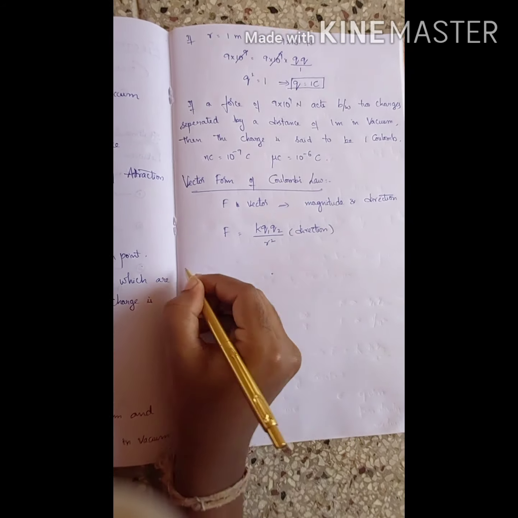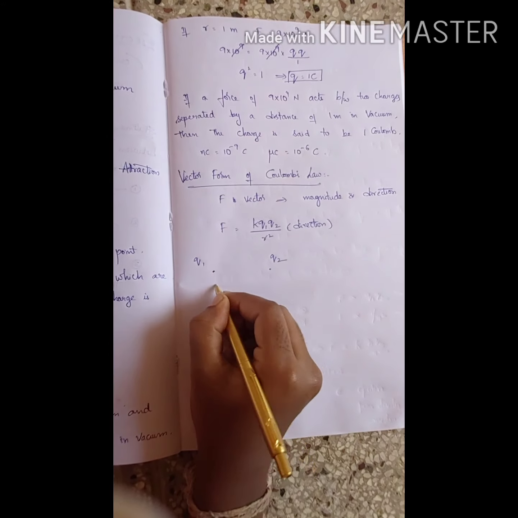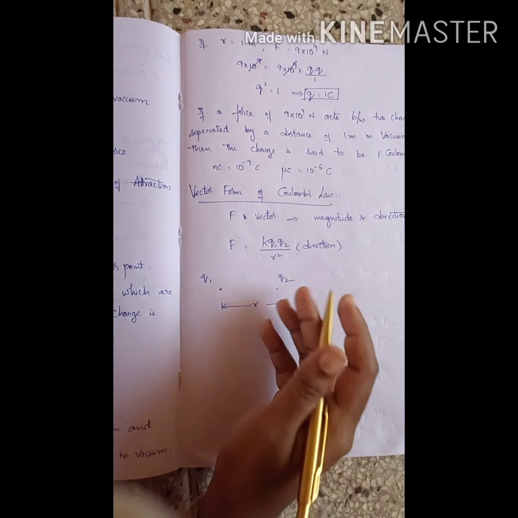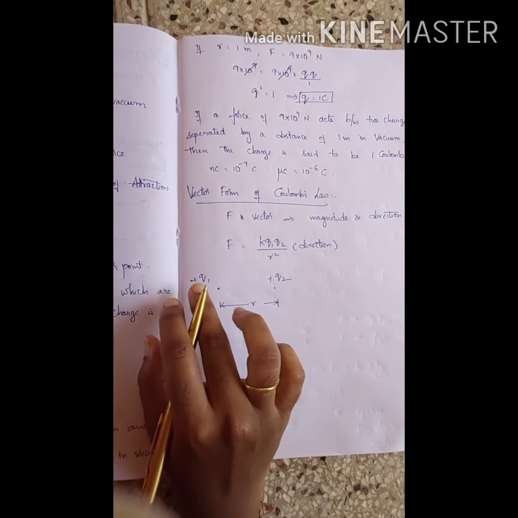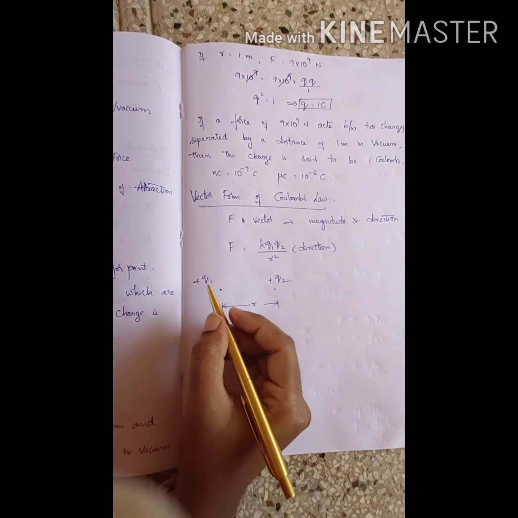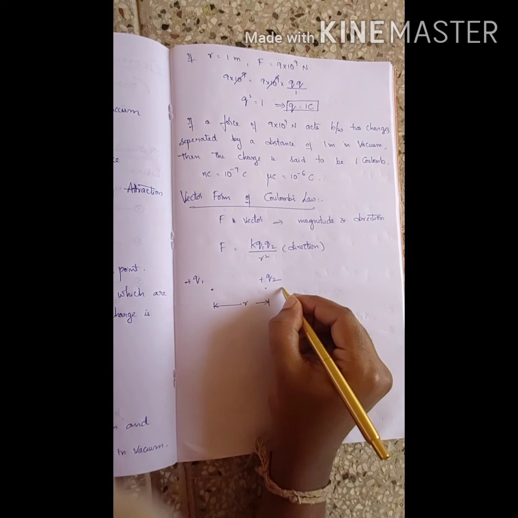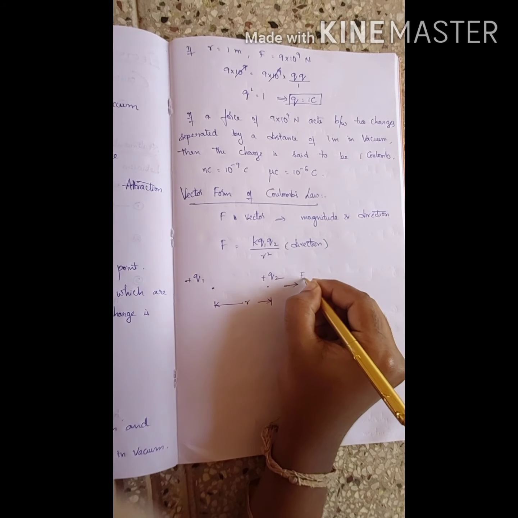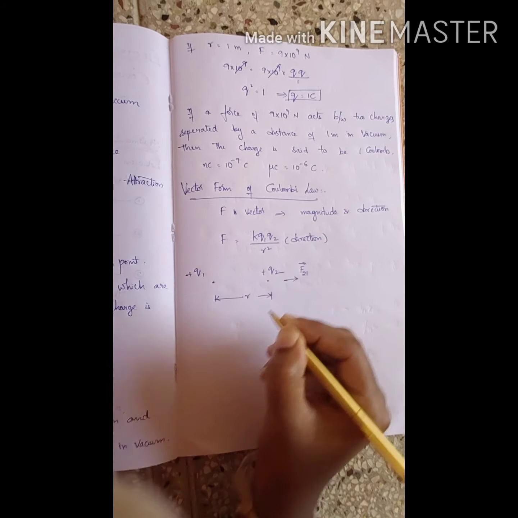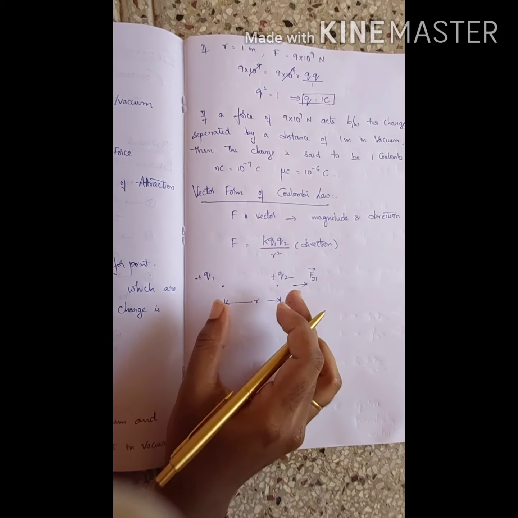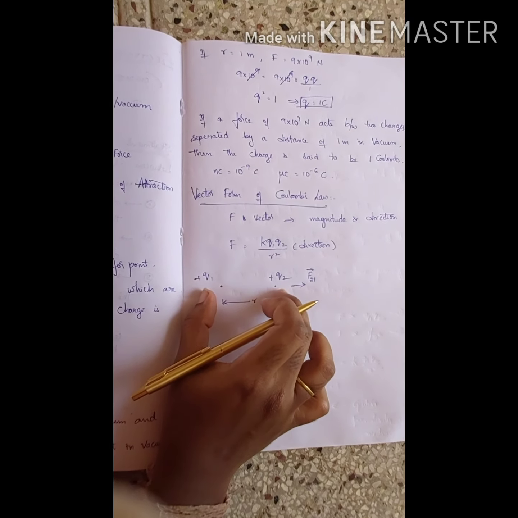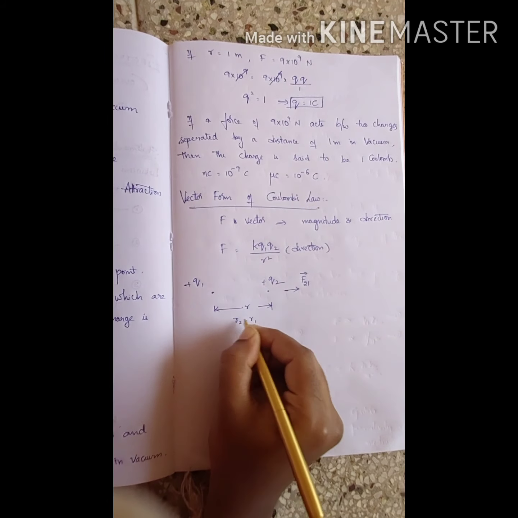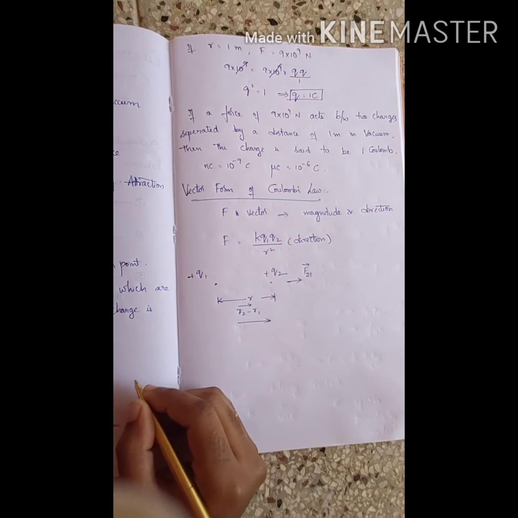Let's take Q1 Q2. So this is R. So if two charges, let's take this as positive and this as positive. Two positive charges are kept together now. Q1 will repel Q2 in this direction, right? So this can be written as force on 2 due to 1. Able to understand? So here initial, final. So we are going from Q1 to Q2. So it will become R2 minus R1 bar in this direction.